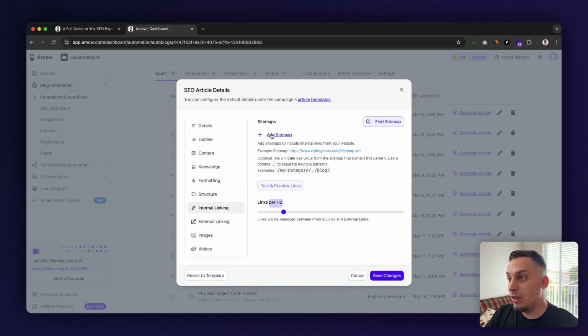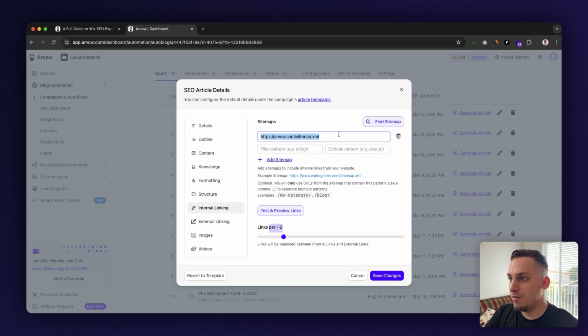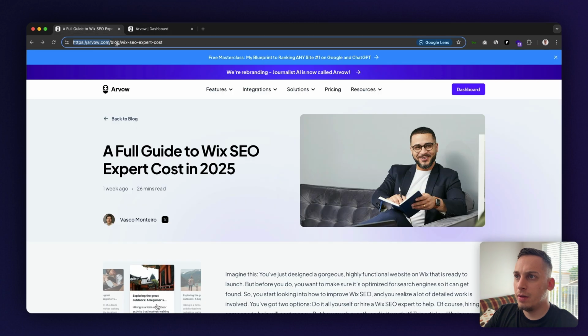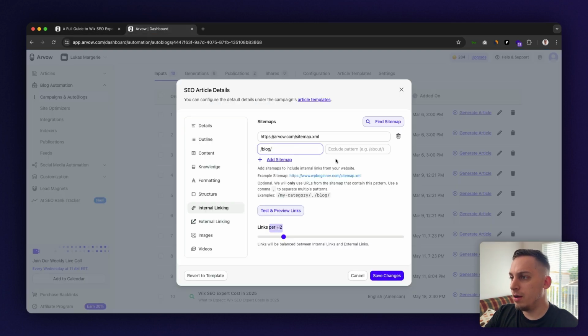Inside of internal linking, you can add your site's sitemap. So for example, I'm adding Arval's sitemap over here. We can filter a pattern or exclude certain things. For example, I can put blog. I think it's blog, right? Yes. So I'm just going to include this blog so that most of the internal links would link to